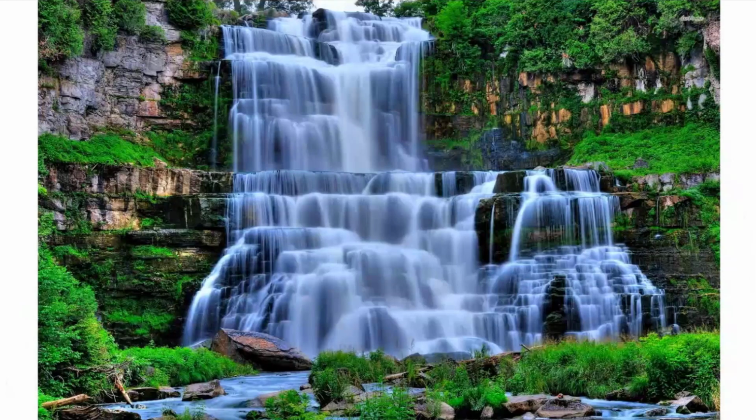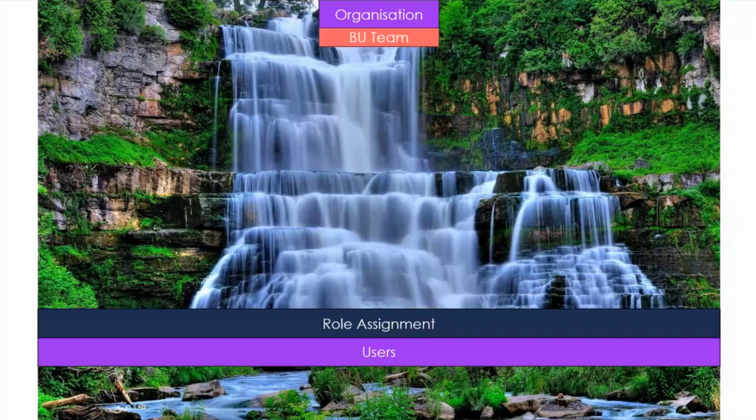Why do I have a picture of a waterfall? Let me explain. It's actually quite simple. When people ask me how Dataverse security works, it looks a bit like a waterfall to me. And did you know, whenever you create a Dataverse environment, 2 things happen. The first thing is you get an organizational business unit, and that is the umbrella of the whole business unit, and then you get given a bunch of users. You can either do the security at the environment level using a security group as a core, or you can leave it completely open, have everyone in the environment, and then control how they access things through user roles. Everyone happy with that?